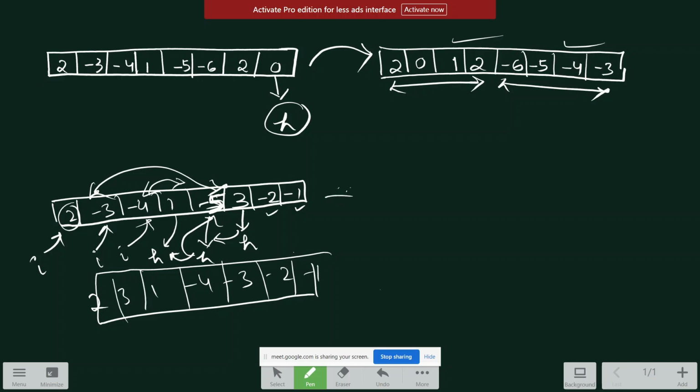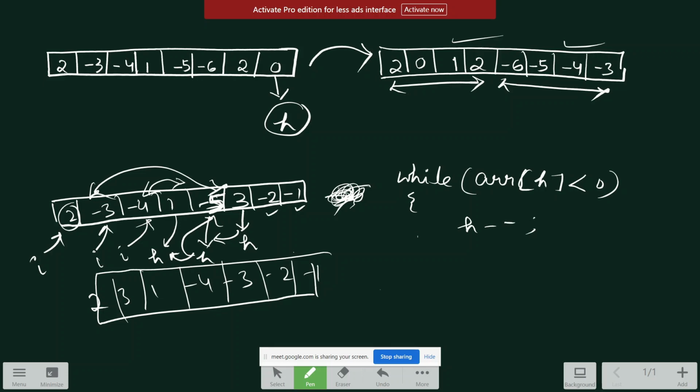So this will be implemented using while loop. While array of h less than 0, h minus minus. So this loop will end at the point where h will find a value greater than 0 or 0, which will not be negative. There it will stop. And next loop, while I less than or equal to h, this loop starts,